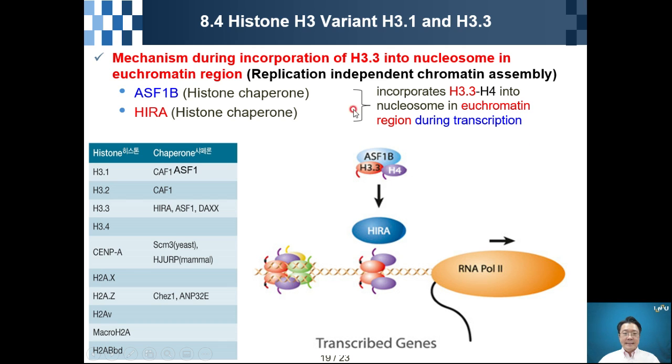For example, in this step, ASF1B and also HIRA, these two histone chaperones are involved. So first of all, ASF1B binds to the H3.3 and H4 dimer. After that, HIRA helps the incorporation of H3.3 with H4 into the nucleosome, especially in the euchromatin